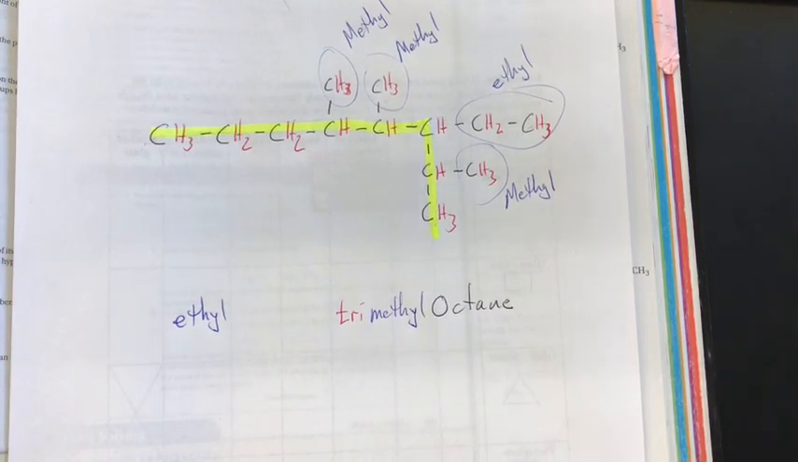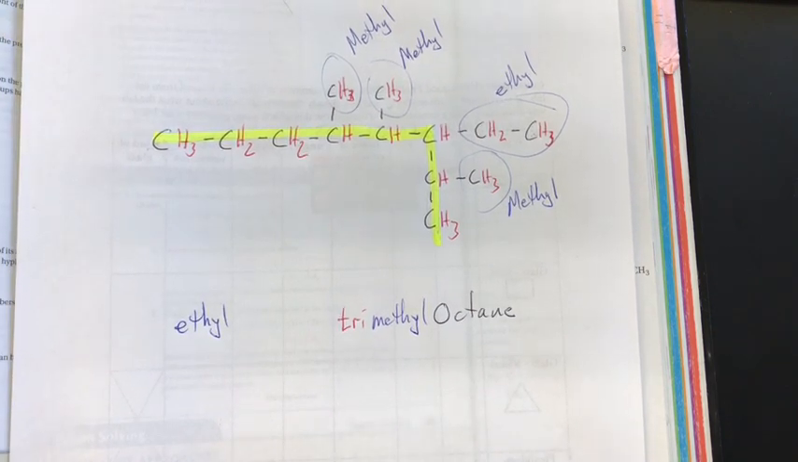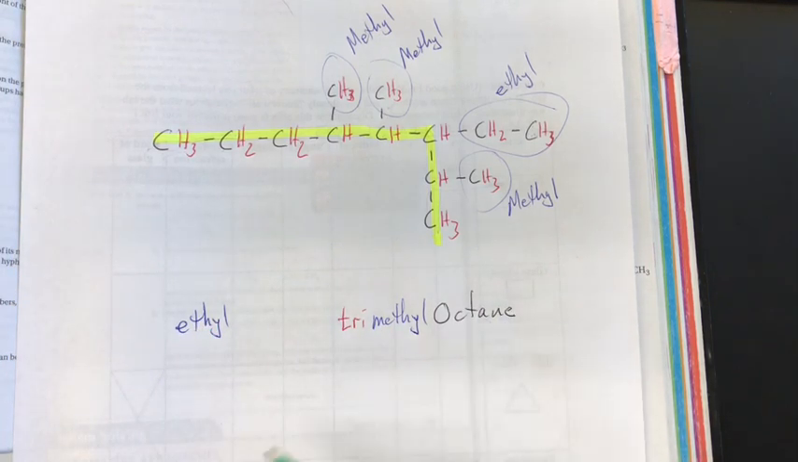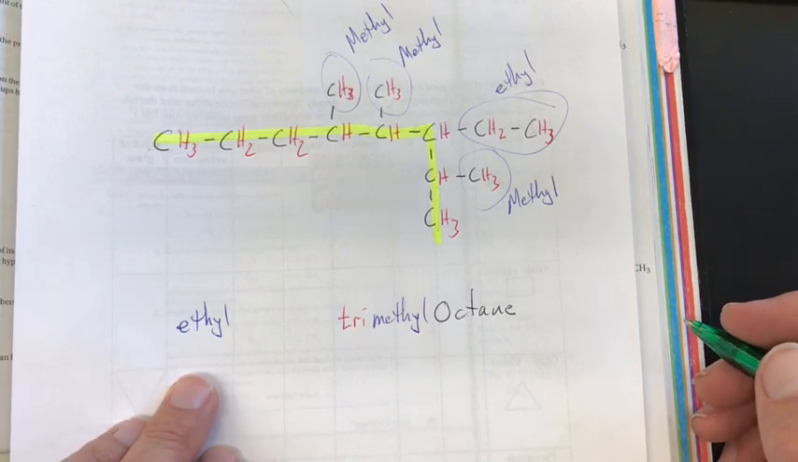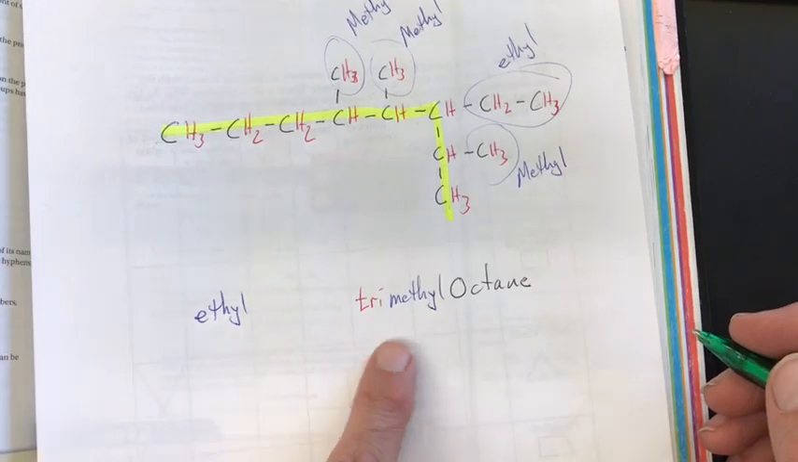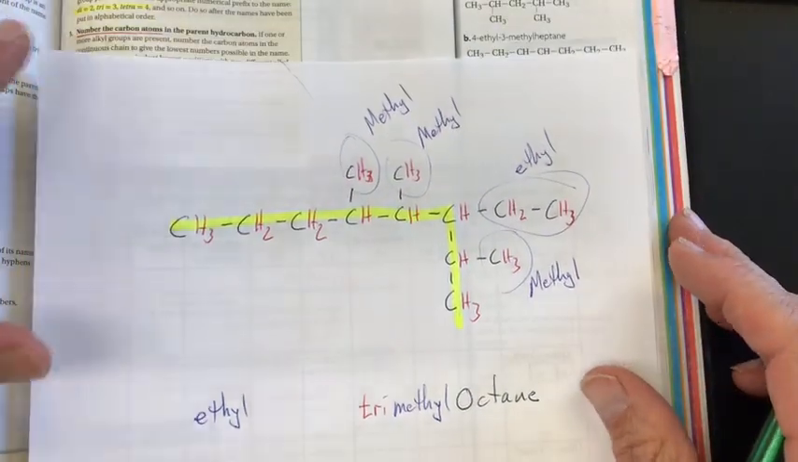Trimethyl. Now with the ethyl, there's only 1, so I don't put monoethyl. It's kind of silly. It's like putting 1x. We just write x. So it's going to be ethyl, not monoethyl. Ethyl, trimethyl. Now these methyls could be anywhere along the chain. So our next